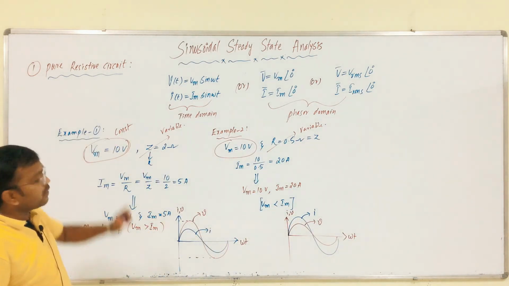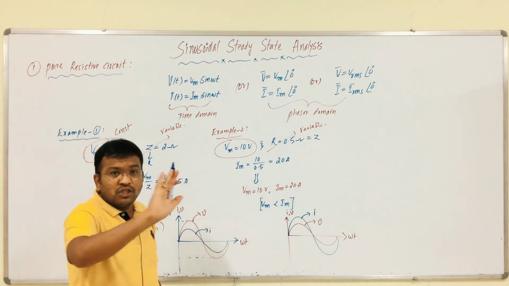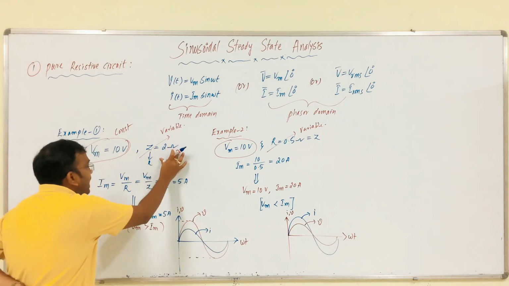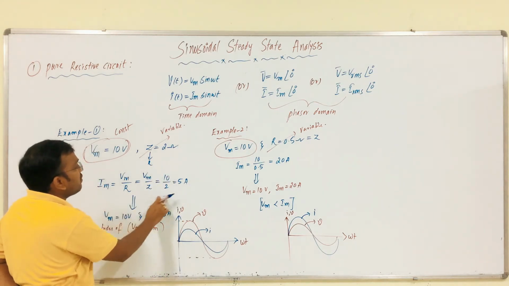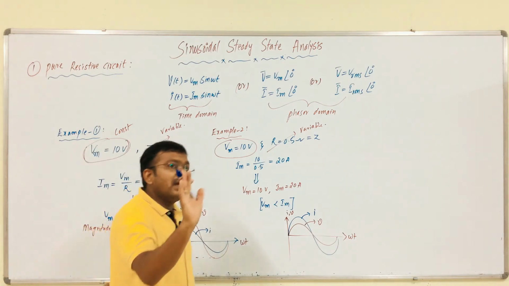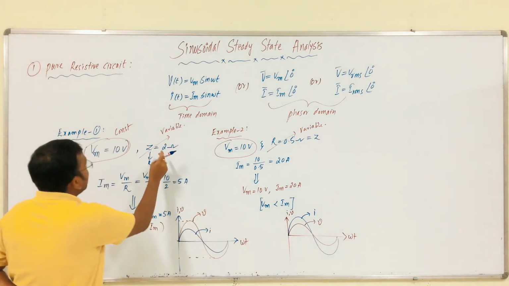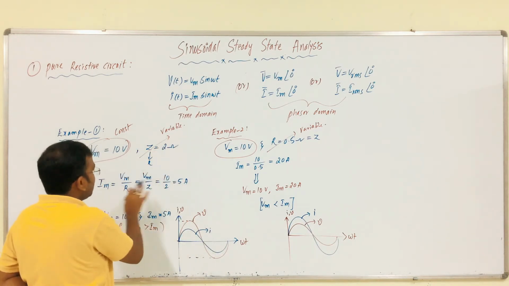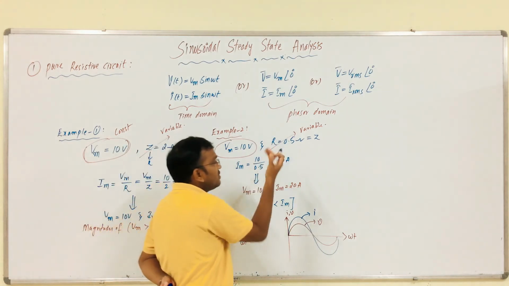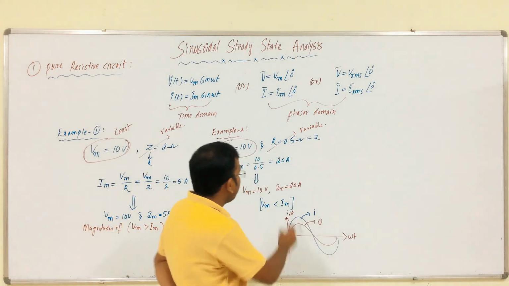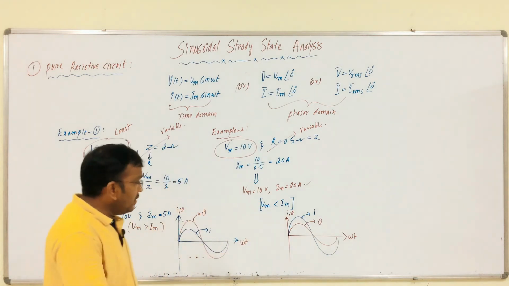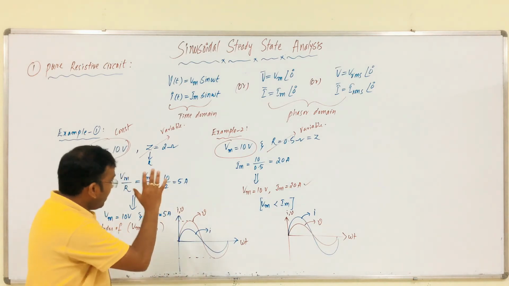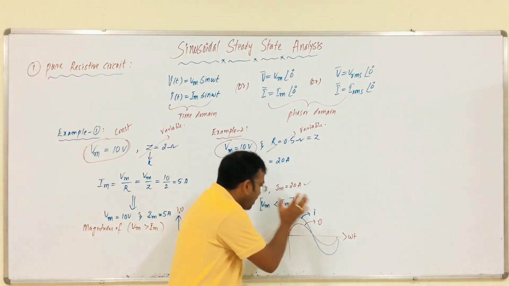The variable quantity is nothing but impedance. If you consider pure resistive circuit, that is resistance, but there is no change in the maximum value of voltage. With respect to impedance in the circuit only, we are going to get different magnitudes of current. Here the case is present with the impedance of 2 ohms, that is why Im is 5 amps. But in this case, the impedance is very less than that case, 0.5 ohms only. That is why we have 20 amps of current. Therefore, the current magnitude is more than this voltage magnitude. So, this is the basic concept involved to draw the waveforms.